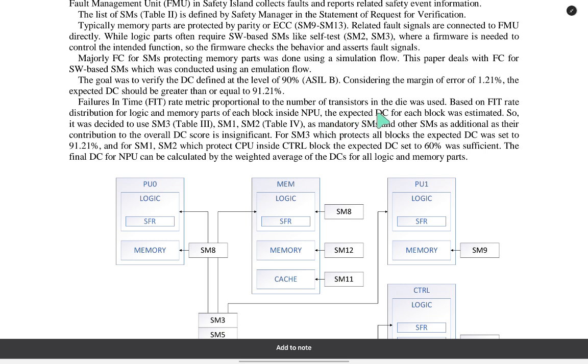Then the expected DC for each block was estimated. So it was decided to use SM3, SM1, SM2 (Table 4), the mandatory SMs, and other SMs as additional, as the contribution to the overall DC score is insignificant. For SM3, the security mechanism which protects all blocks,